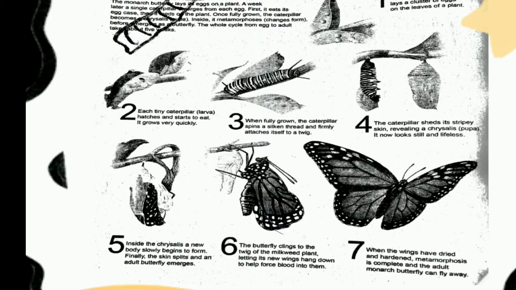The butterfly clings to the twig and the milkweed plant, letting its new wings hang down to help force blood into them. When the wings have dried and hardened, metamorphosis is now complete, and the adult monarch butterfly can fly away. Ganyan yung nagiging life cycle ng ating butterfly. Yung madalas nakikita natin to sa mga